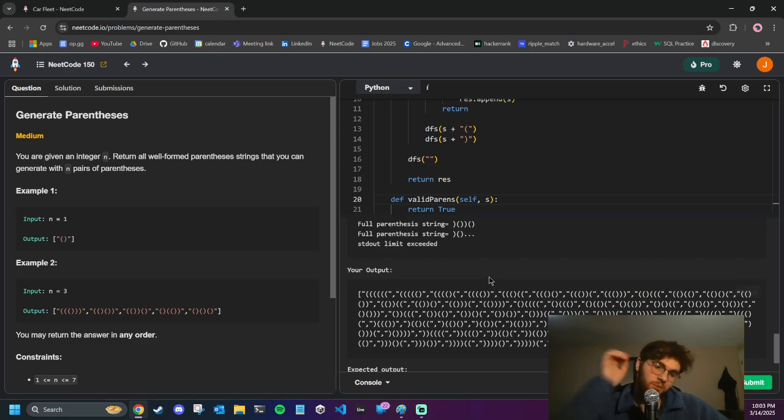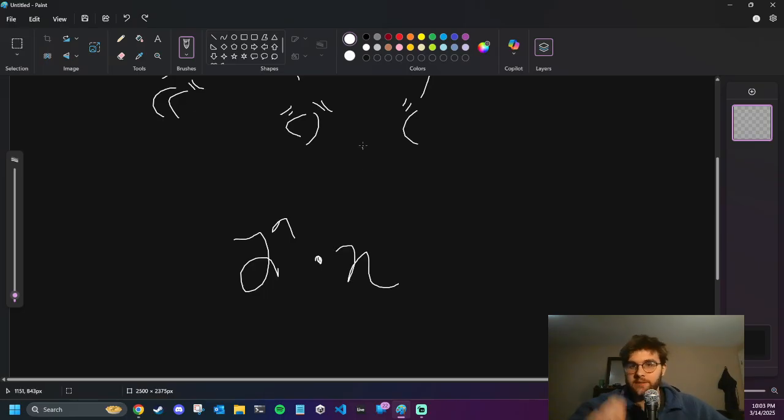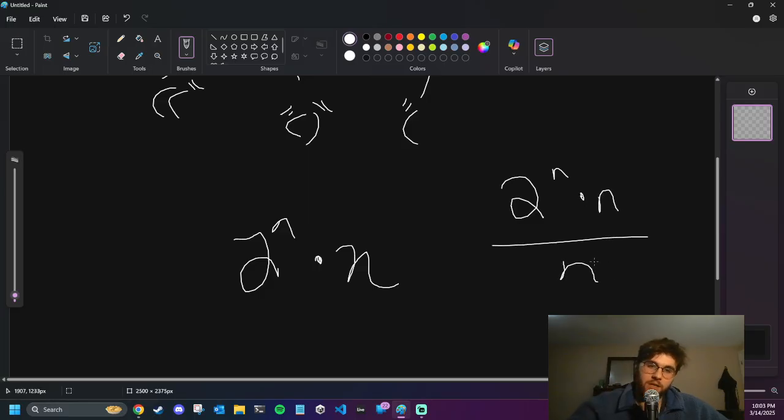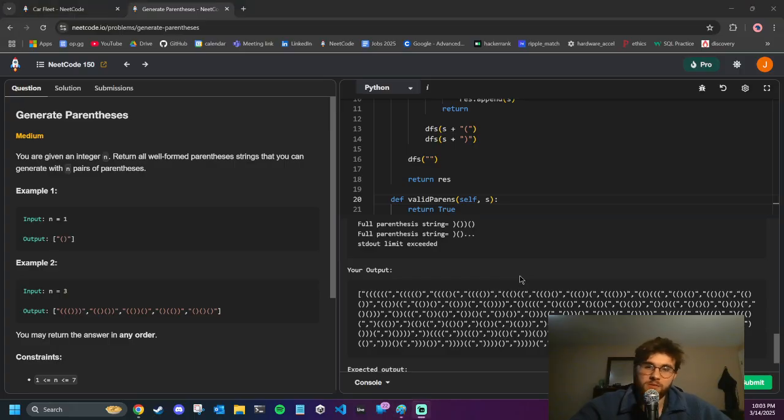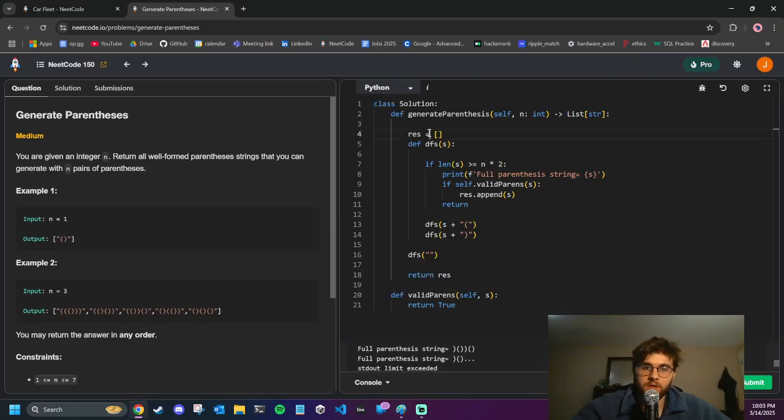Yeah, it's definitely going to get pretty costly. I can reduce it very simply. I can reduce it by 2 if I just check that the first character isn't a right parenthesis. There's maybe some shortcuts I can do, but I think that goes against the spirit of the solution. All right, so